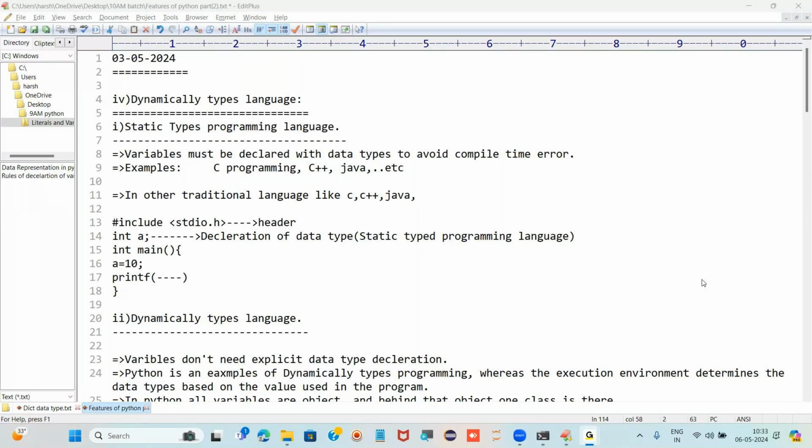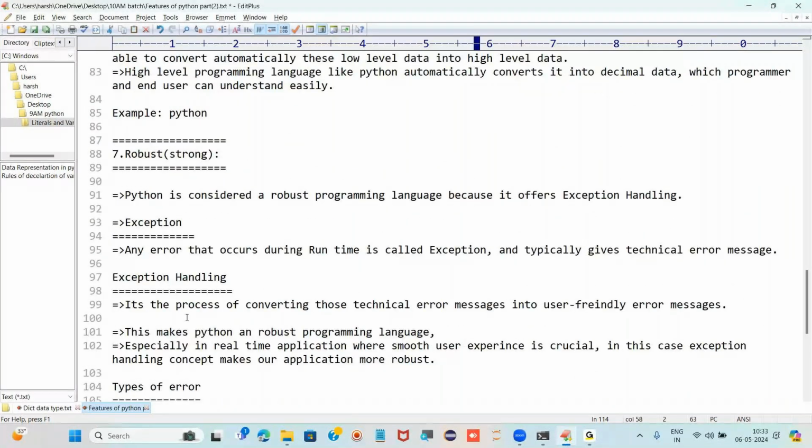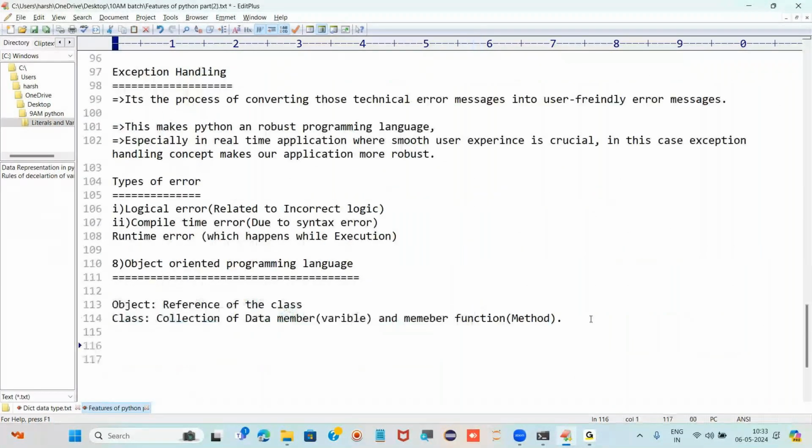Any doubt? Anything? Fine. Next, ninth one. Ninth. Okay,